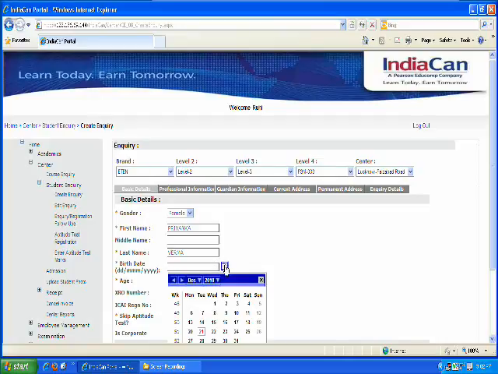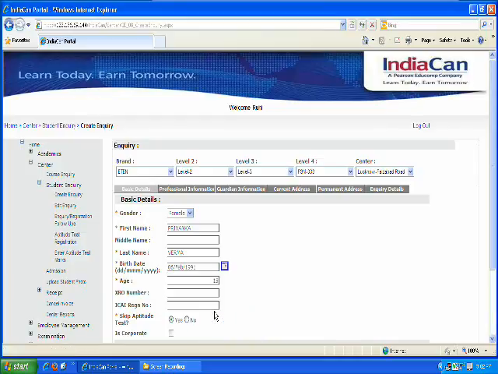Select the student's date of birth as 6th February 1991. You'll see this age field gets calculated automatically.